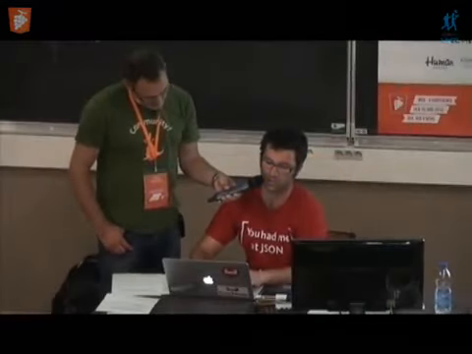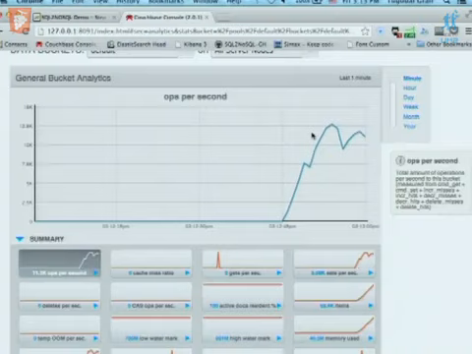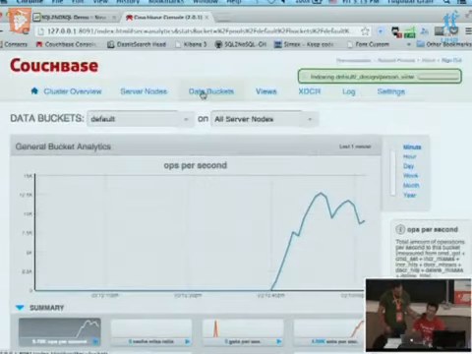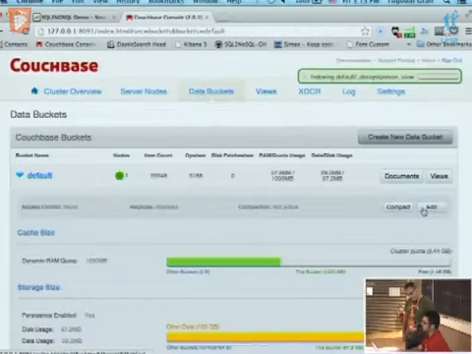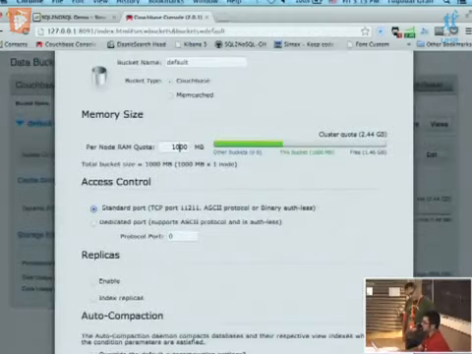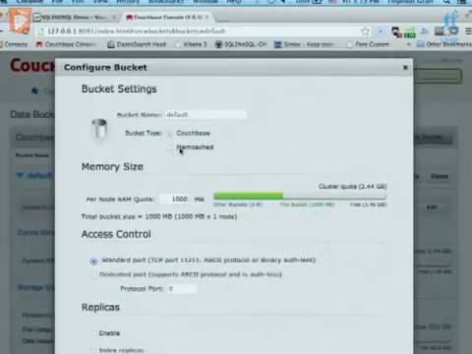Can we look at the console? And if we look at the console, we will see the number of items. So we have 12,000 operations per second. Obviously, depending on the size of your cluster and the hardware you have, if I don't have enough memory, I will be able to change the configuration of my memory with just a few clicks, by adding a bigger cache, if I want, without stopping anything. If you add new nodes, it will be the same. Okay. So injecting data is done.